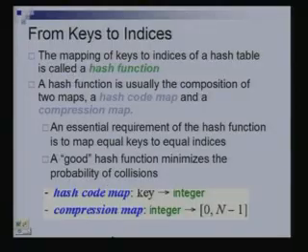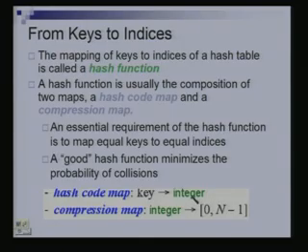A hash function can actually be thought of as being in two parts. There is the hash code map and there is a compression map, and these two together make up a hash function. Recall a hash function is basically a mapping of the keys to indices of your hash table. Your hash code maps the key to an integer. If your key is already an integer, there is no need for this. But when your keys are not integers, you will have to first convert them into integers in this manner. But this integer could be from an arbitrary range.